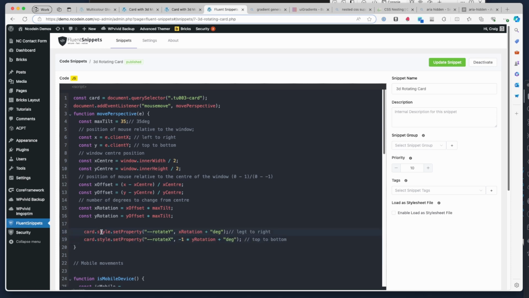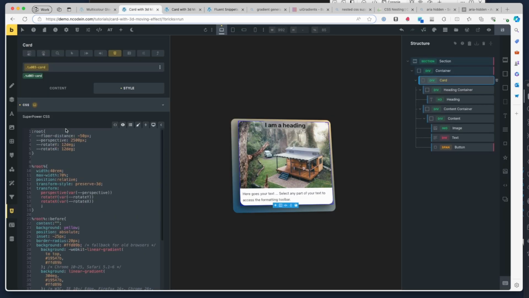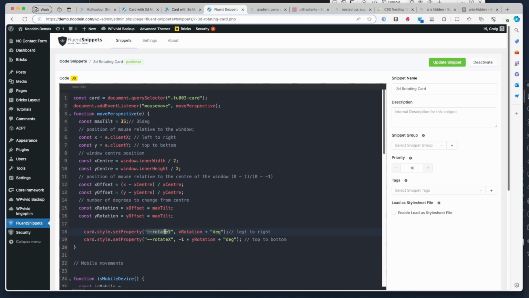So there's our card. We're going to set a style, and the prop. So we're going to go to style, set property. We could get property also, but we're going to set property. The property is that variable value, so --rotate-y. As a reminder, what we're referring to is this number here that we set. It starts off as 12 degrees when the page loads, but here we are now setting it inline on the page, so we're setting that property, and then we're concatenating, joining together our X rotation, which we got here,